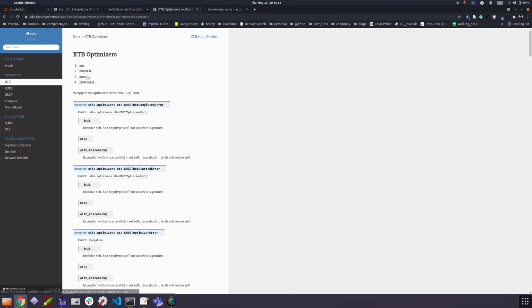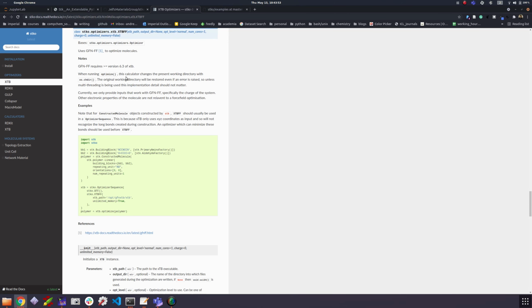And then the same thing but with the XTB force field, which is under development. It's very fast, but I've had structures that kind of result that don't work. So always use something like this